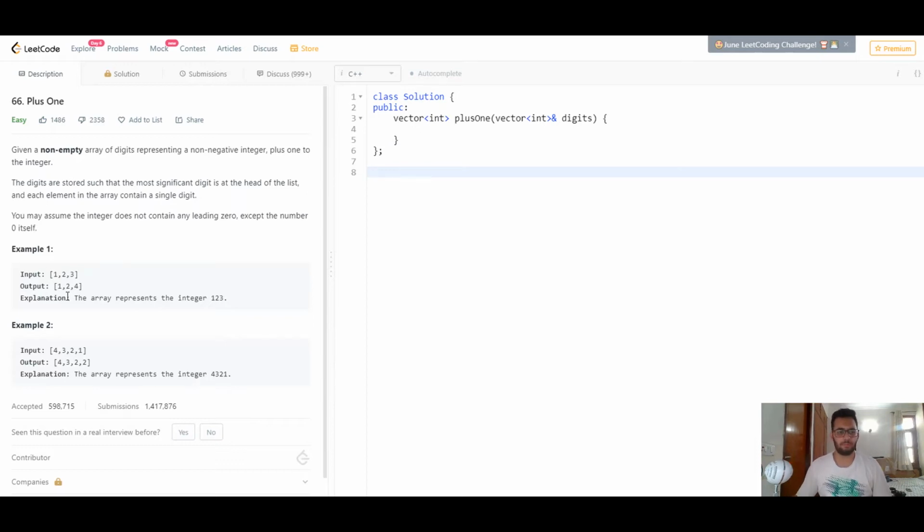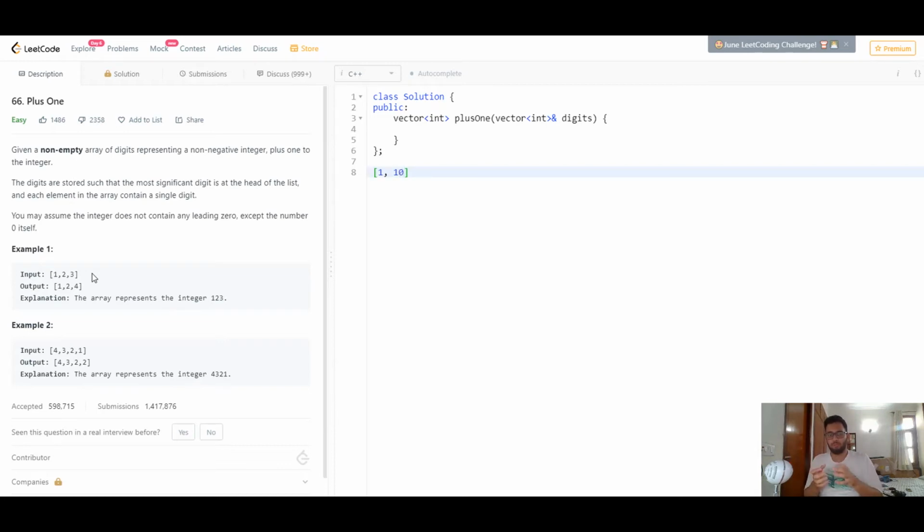With 123, all you need to do is add 1 to the last digit, and that will make it 124, and you can just return that. But the problem comes up when you have some number like, let's say, 19. When you try and add 1 to the last digit of this number, you get 10. And if you look back at elementary level mathematics, whenever you were faced with something like this, you added 1 to 19, and the 9 added up to 10.